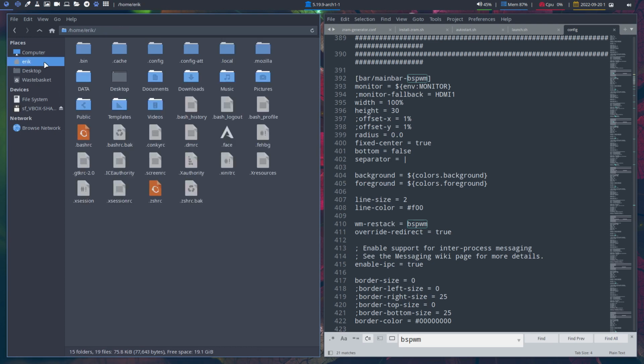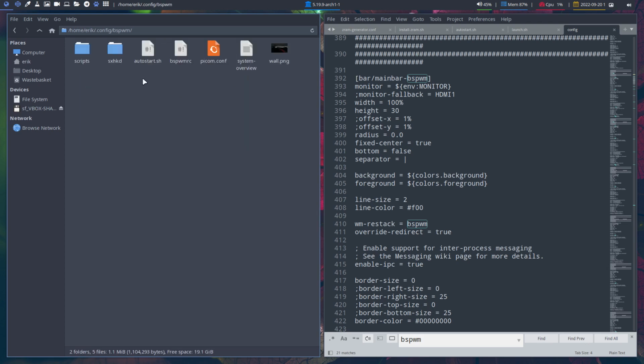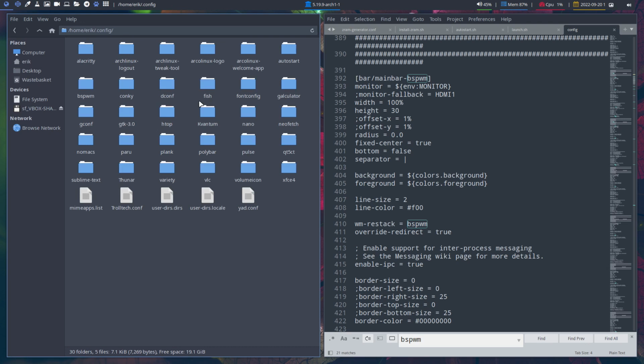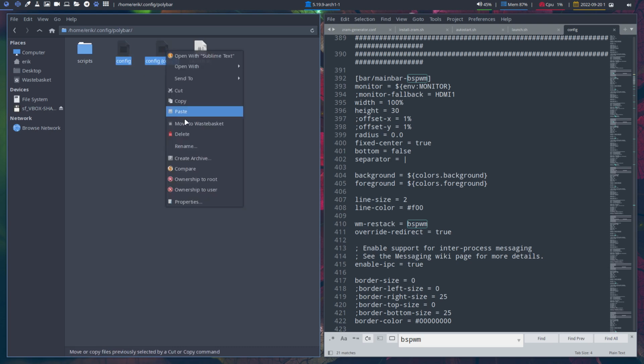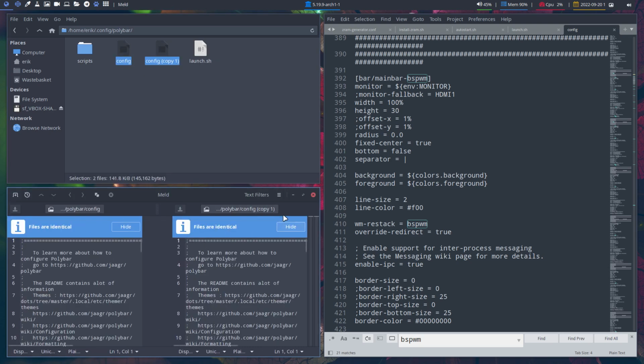But nevertheless, it's sometimes just easier to have it next to each other, because then you can do Bspwm, you can do something like, well, I was in polybar, sorry. Compare, and compare is meld. There you are. So these two guys, and then you compare. And you see, of course, there is no difference. Files are identical, but